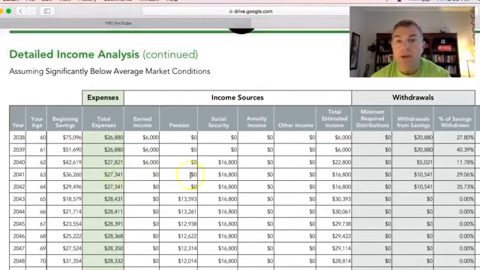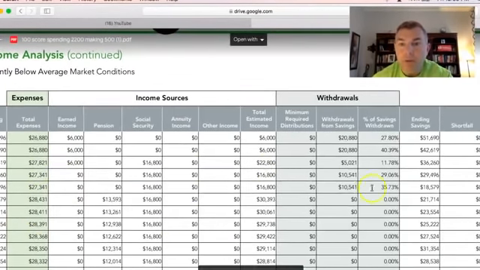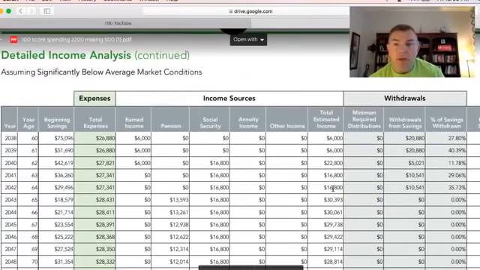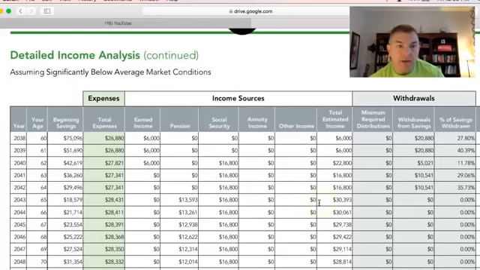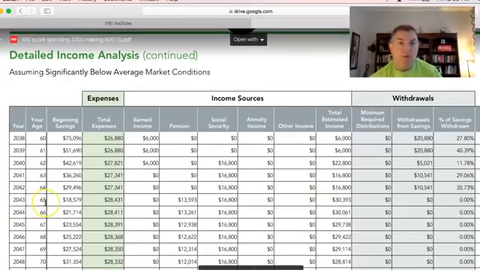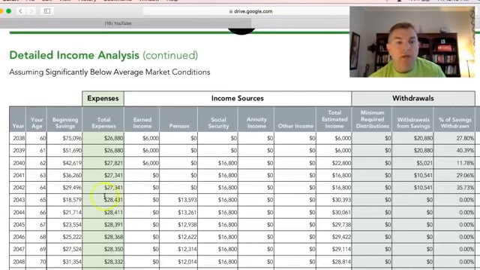If you come over here, he's taking a 29% withdrawal from savings, and he'll be left with $29,000 at that point. So he's going to run out of money right here, which is in the year 2043 when he's 65 years old. But now his pension kicks in. All right, so now he has